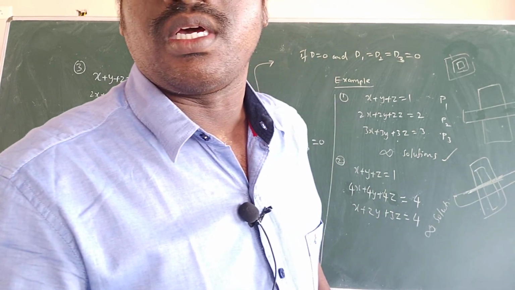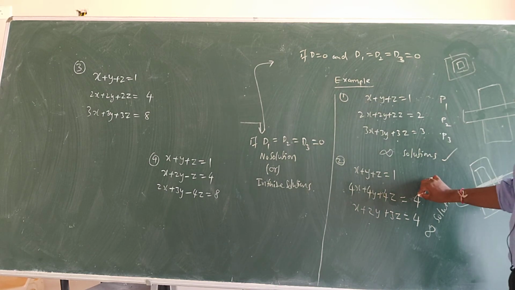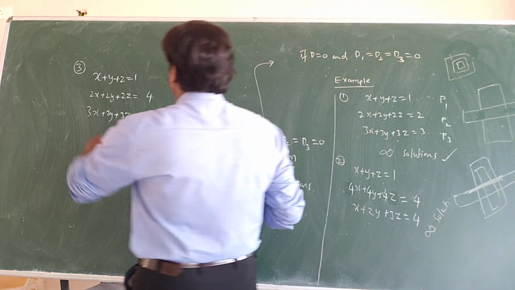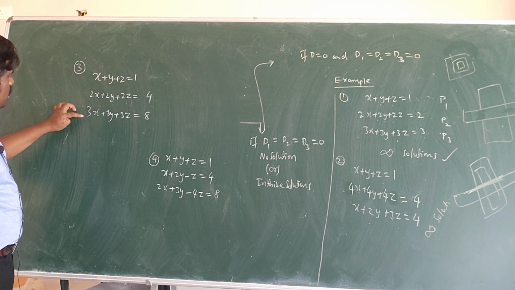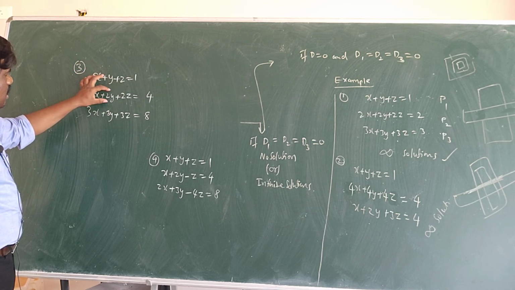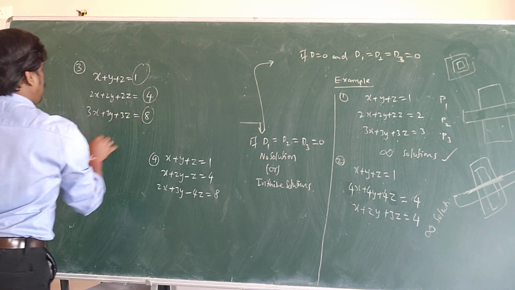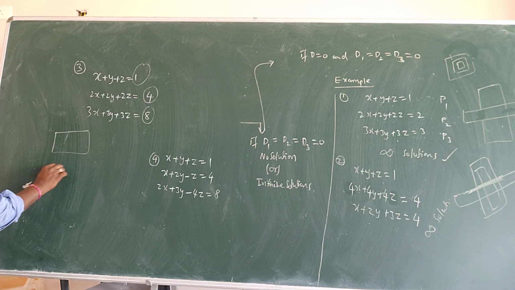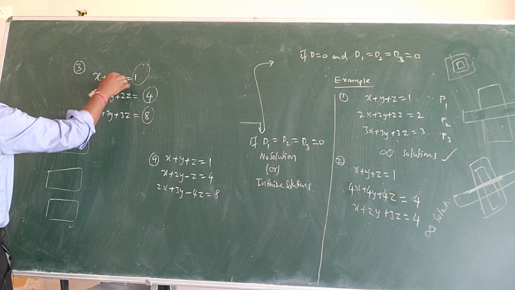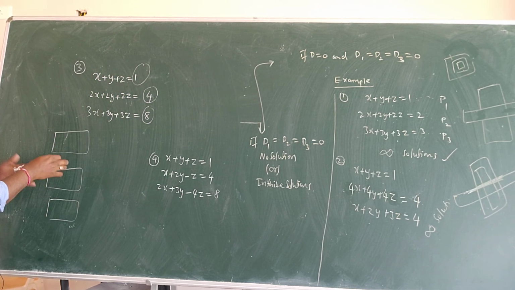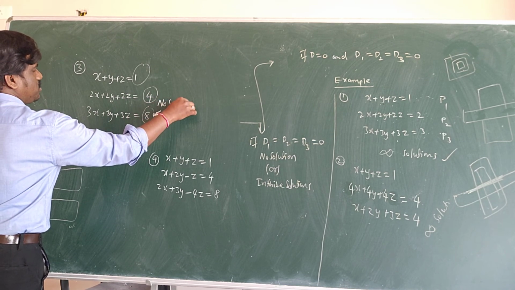As I informed you now, in Cramer's method 4 types will be there. This method you understood. Now what are the third and fourth conditions? x, y, z are multiples. See, x is multiplied by 2, y is multiplied by 2, z multiplied by 2, and then by 3, which means the variables are coming by multiplication but the constants are different. Then these are called parallel planes. If D, the constant, is different and all these are multiples, then these are parallel planes. So in this case you get no solution. In the rest of the cases you get infinite solutions.